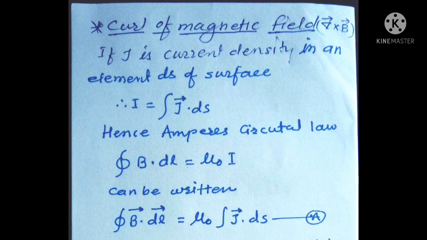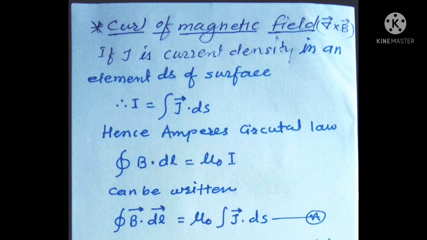The current density vector J is the current flowing per unit surface area of the conductor. That means here the current density vector J is nothing but the current flowing per unit surface area of a conductor. Now, if J is a current density in an element ds, let there be a small element ds of area S